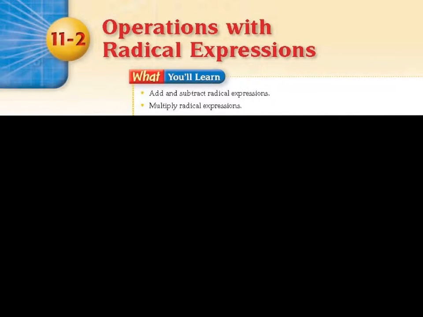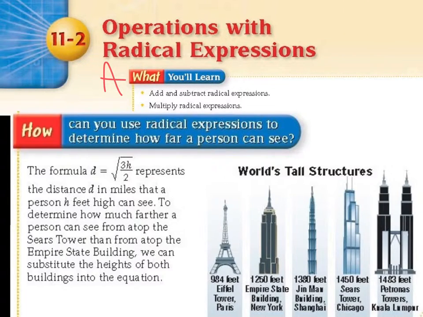Once again, they have two topics in one lesson, so we're just going to look at how to add and subtract radical expressions. How can you use radical expressions to determine how far a person can see? The formula d equals square root of 3h over 2 represents the distance d in miles that a person h